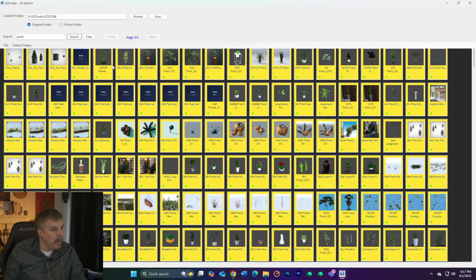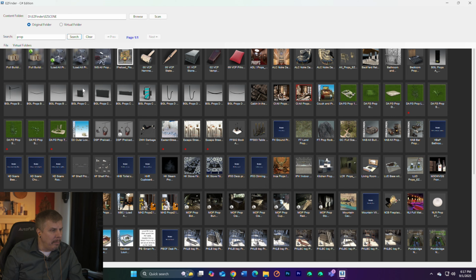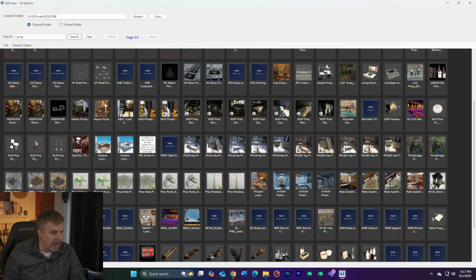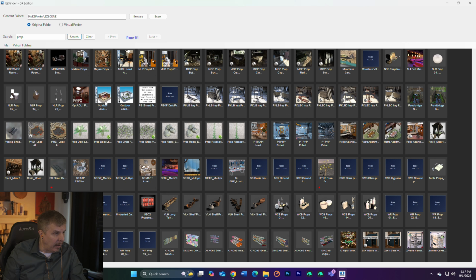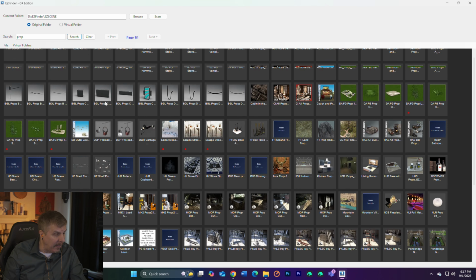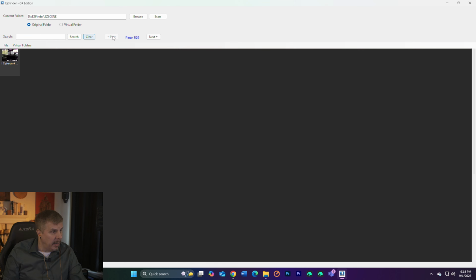So you can do this, and now prop. I don't know how well prop works. I don't think you're going to get a lot of things. The metadata isn't as good as I kind of hoped it would be. See, this only found 200 props, and there are thousands of them. So what you do is you go back to the original folder, and you go clear, and you go back to the original folder,